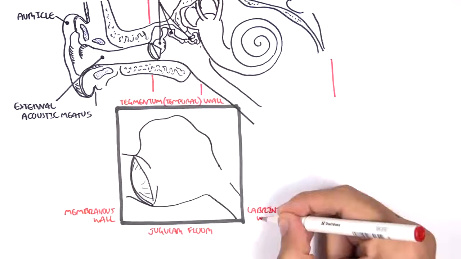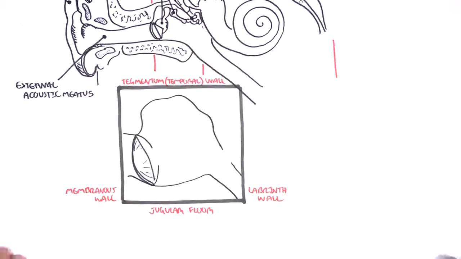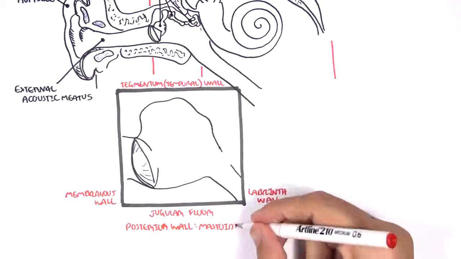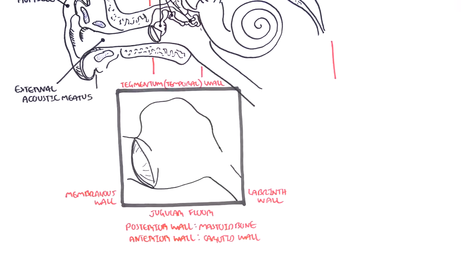The medial wall is the labyrinth wall, because this is where the labyrinth of the inner ear is located. Then we have the anterior, and then we have the posterior walls, so the front and the back. And the posterior wall is your mastoid bone, and the anterior wall is your carotid wall, because your carotid passes